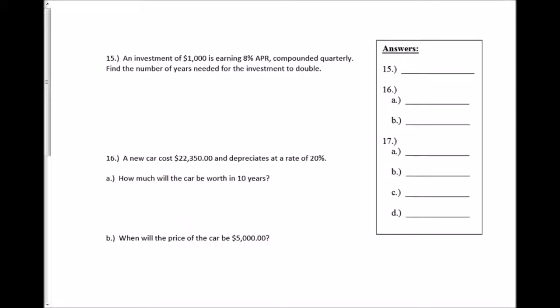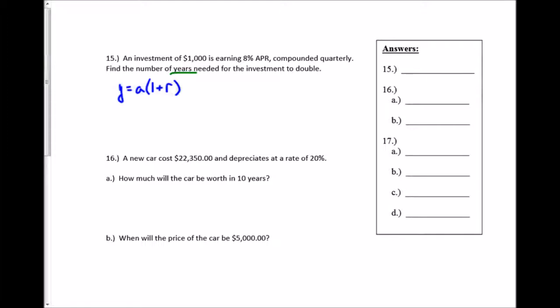If I look at the next one, we've got an investment of $1,000, earning 8% APR compounded quarterly. We want to find the number of years needed for the investment to double. Okay. So a couple quick things here. It's being compounded quarterly. It's not continuous. So I know I'm going to use my standard model for growth, the y equals a times 1 plus r